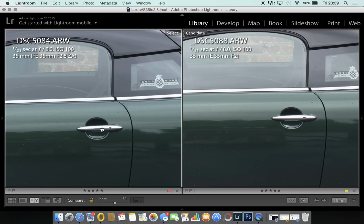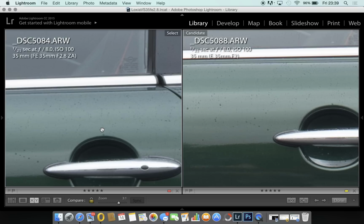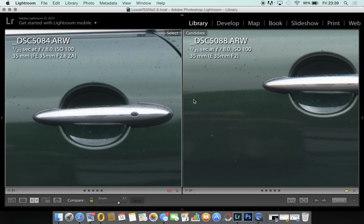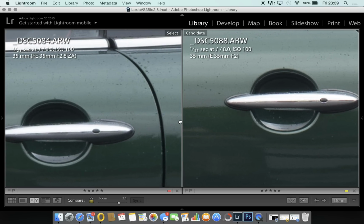Okay, so if we go into there, I'll go in. I mean, you're never going to zoom in that far. This is proper pixel peeping territory. You can see both handle the bright areas very well actually. There's a slightly different coloured line here to here, but I think that's actually just part of the colour, because